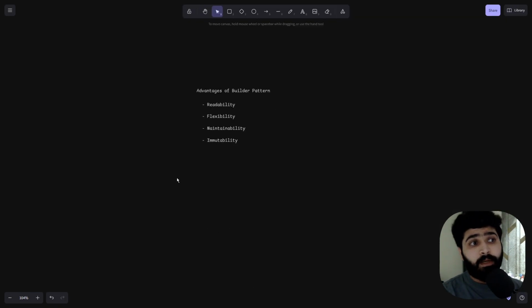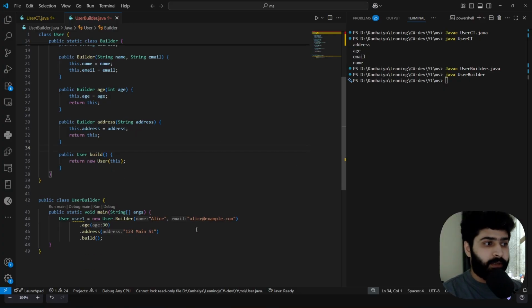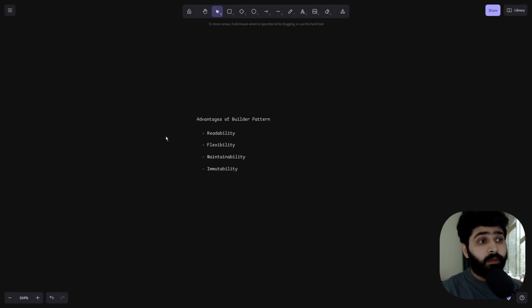So what are the advantages of the builder pattern? The first thing is readability: it's easy to maintain and read, and the code is very clean. Flexibility: you can add or remove fields whenever you want, include whichever fields you want, and skip the optional fields. For maintainability, you can add or remove fields in the future and it's easy to manage. And for immutability, I would say it's